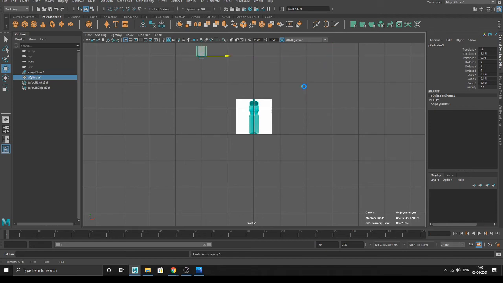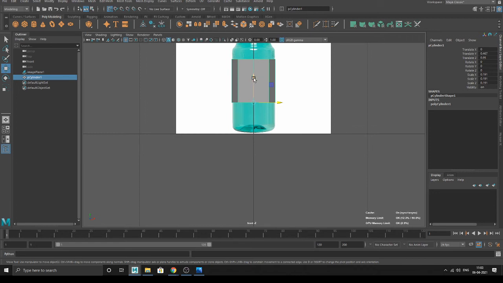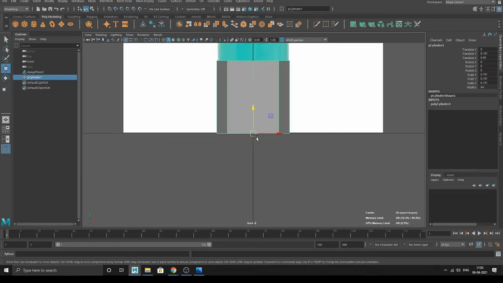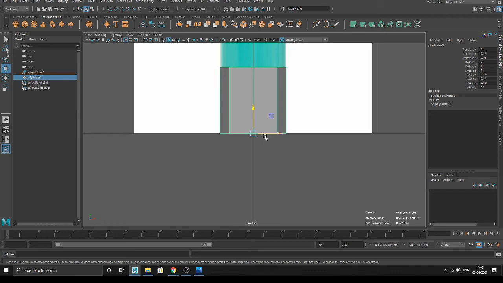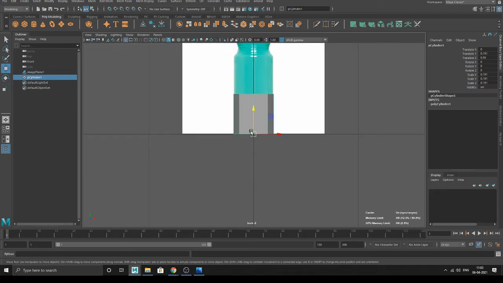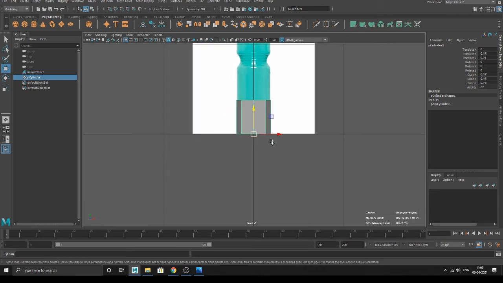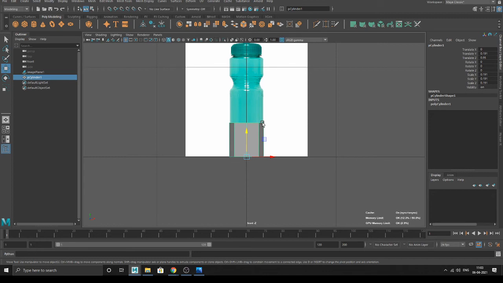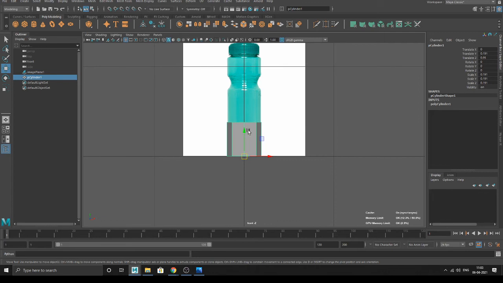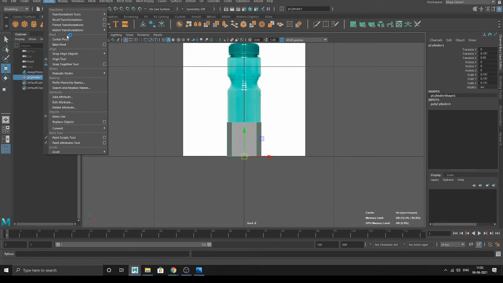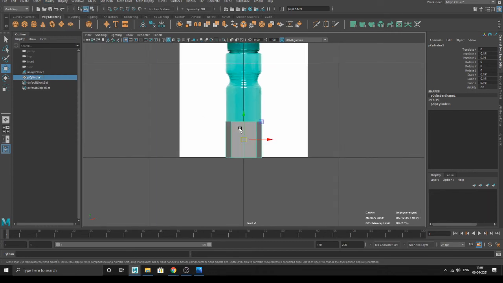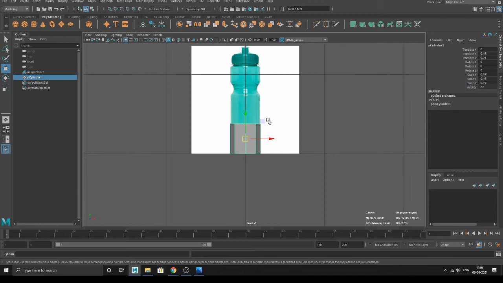Same way, what we have to do is press X and pull it down like this. Look, it directly snapped into it. It directly stuck over there. So you don't have to go inside and check, because you snapped it and now it is properly sitting there. This is the easiest way. So your model is now settled properly. This part you can do later also if you want. Now, the width of the bottle is matched. Now we have to match the height. Now how do we increase the height?